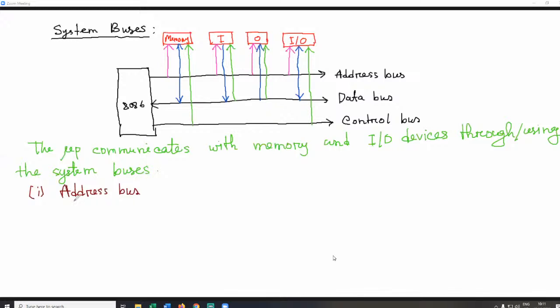So address bus is unidirectional, from memory to peripherals. The direction is memory to peripherals. So it is the uni